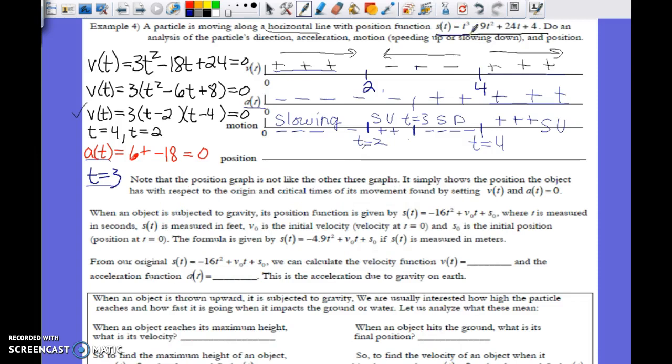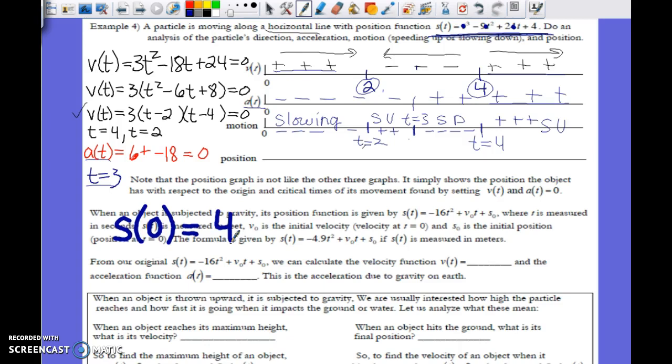Now to analyze position, once again, we need to look at the position equation. And what are the positions at those points of interest? Meaning position at t equals 0, at t equals 2, and at t equals 4. Because t equals 0 is always a time of interest, because that's where it starts out the blocks. What direction is it moving? It changes directions at 2, changes directions at 4. So where is the particle when t equals 0? If you plug in a 0 here,